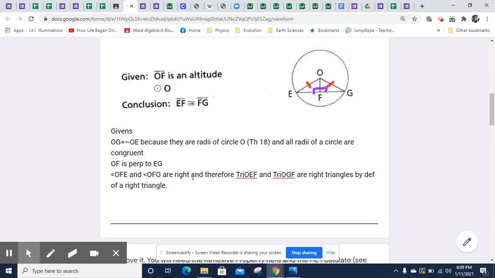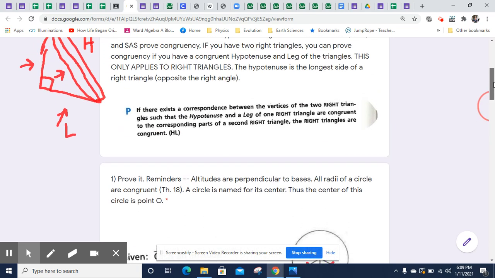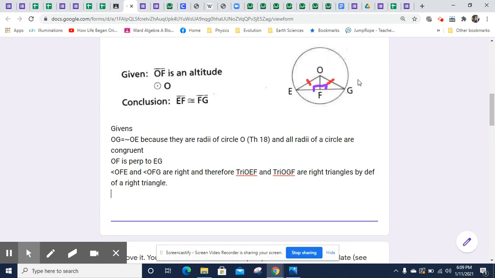Okay, so now we're actually on the right track. I was getting distracted by trying to prove angles being congruent and stuff. I don't need to do any of that since I now have access to the hypotenuse leg. All I really need to do is prove these are right triangles and find a leg and a hypotenuse. I've already got hypotenuses that are congruent. I just need to find a leg that's congruent. Now there's a leg that's pretty obvious: OF is itself